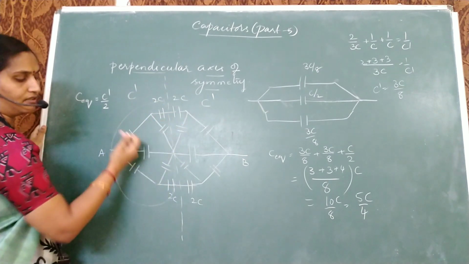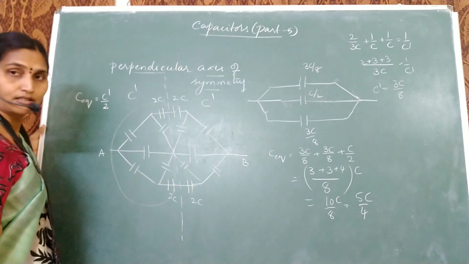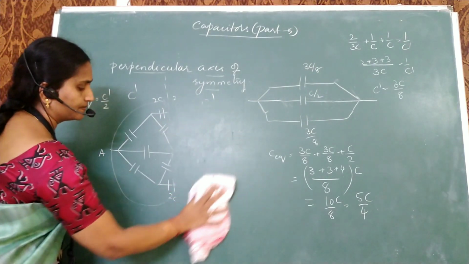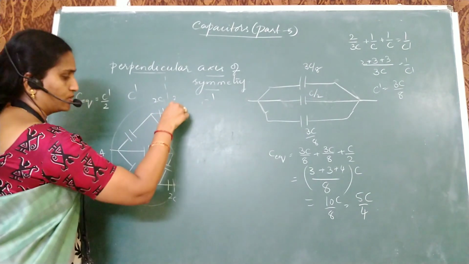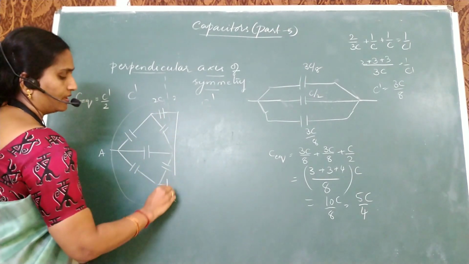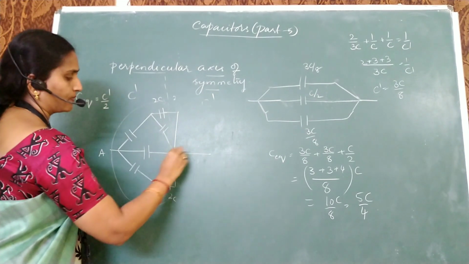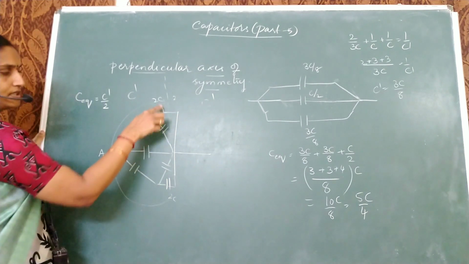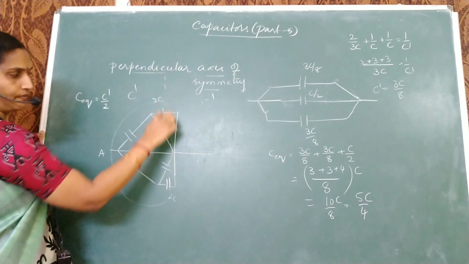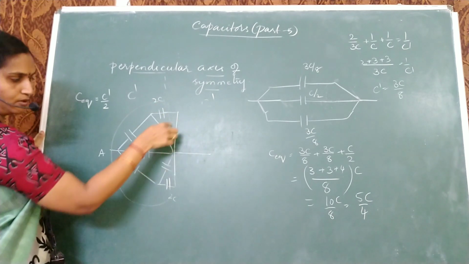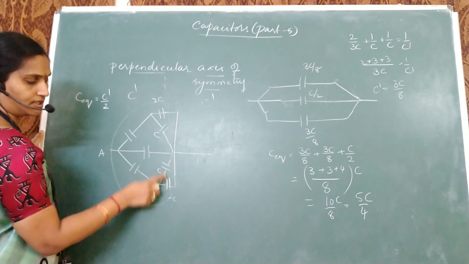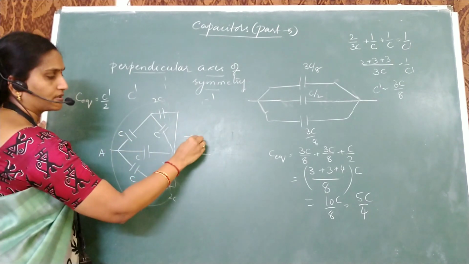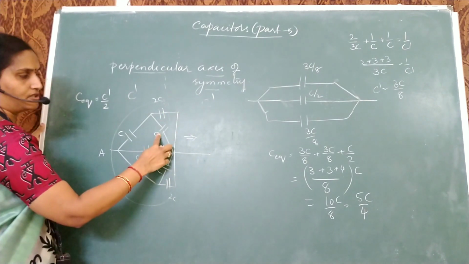I will only calculate the equivalent capacitance for the first half of this circuit. So for the first half of the circuit, if I remove this second half, this is 2C, I will join all of them. Here we have 2C. Only for this half I am going to calculate the equivalent capacitance. See, this is 2C and C. You can see 2C and C are in parallel combination. Here also 2C and C are in parallel combination, remaining is C, C and C. I am reducing this circuit.